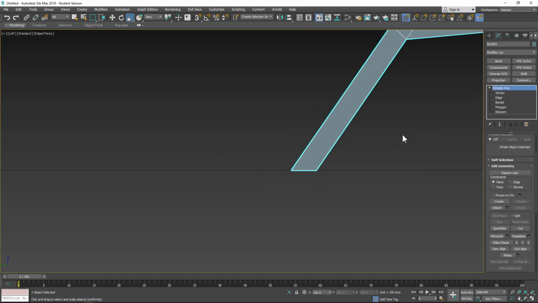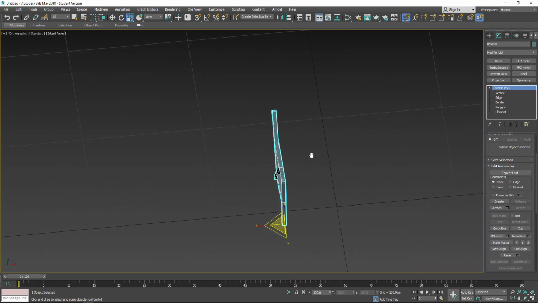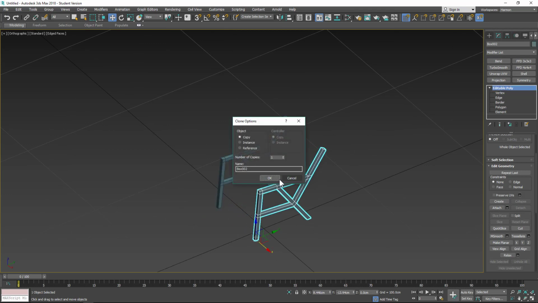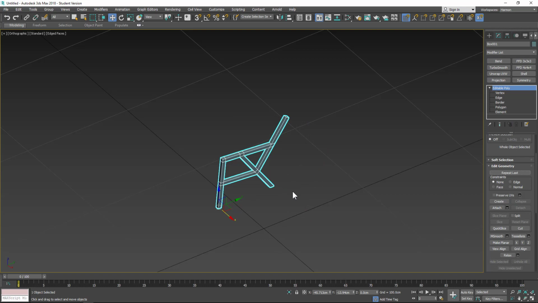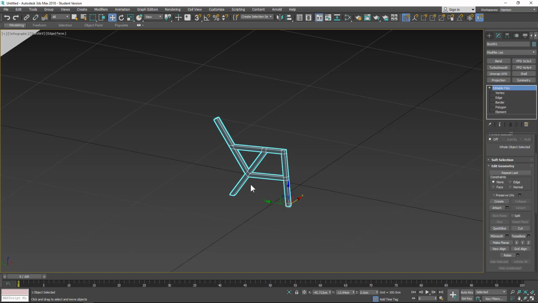All right, so knowing what I know about this chair, getting back to that, because we're going to make a copy of this. If I hold W and Shift and move this, I have another copy. I'm going to say cancel because I don't want to have to unwrap this twice. So before we move on, we're going to unwrap this, but also knowing what I know about this chair and how chairs are made, or